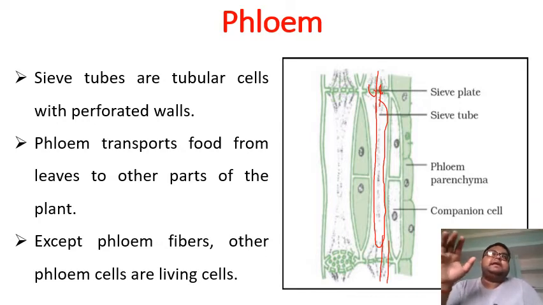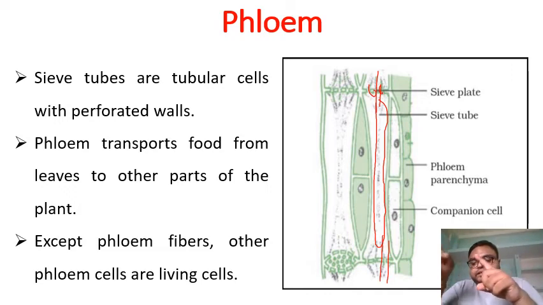So basically, in leaves the food is prepared, and from the leaves that food needs to be transported to all the parts of the plant, right? So for that the phloem functions. The function of the phloem is that it transports the food from the leaf to the other parts of the plant, right? So there is one thing special in the